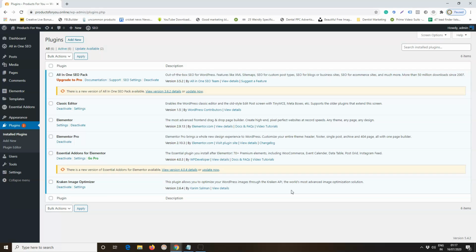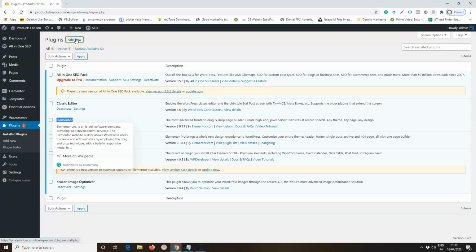For this particular training session, I assume that you have a fair idea as to how WordPress works. In order to install Elementor, you will need either the free version or the paid version. You're seeing this particular plugin, Elementor. This is the free version, and it can be downloaded using the Add New button from the WordPress plugin gallery.